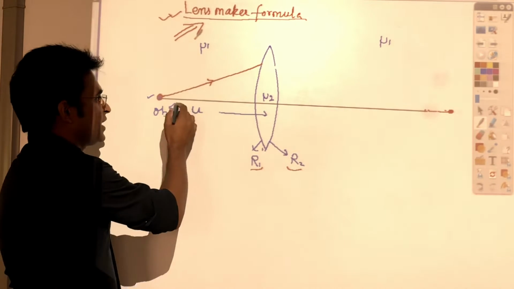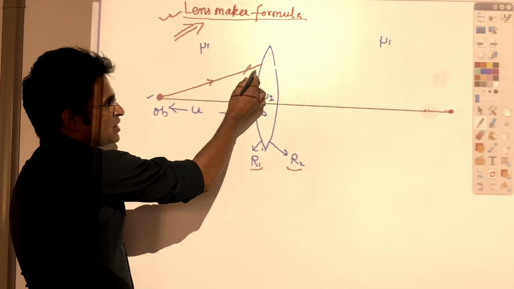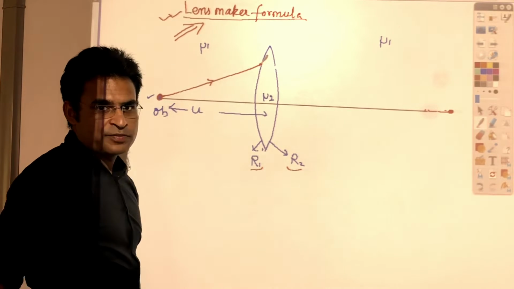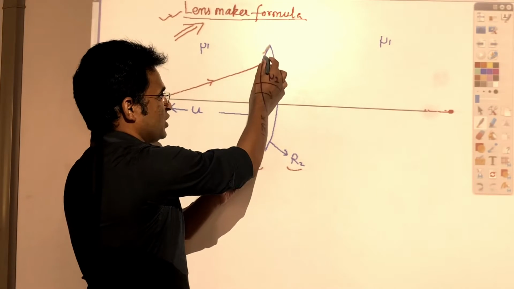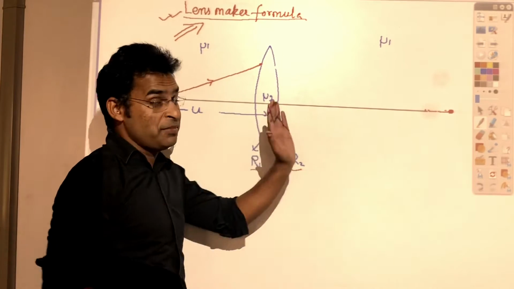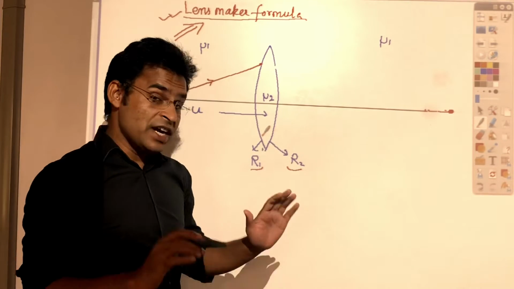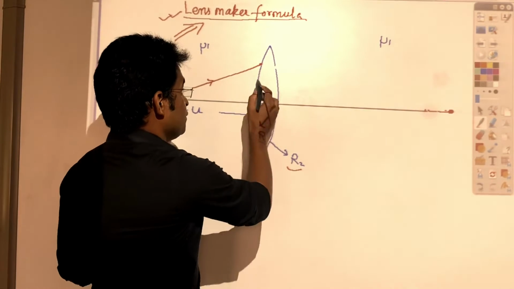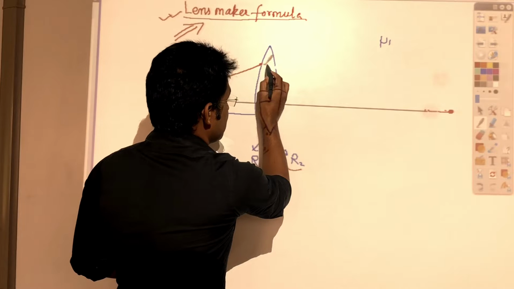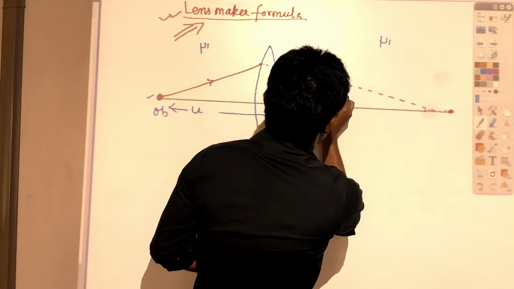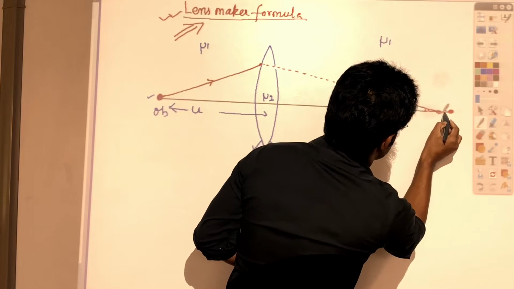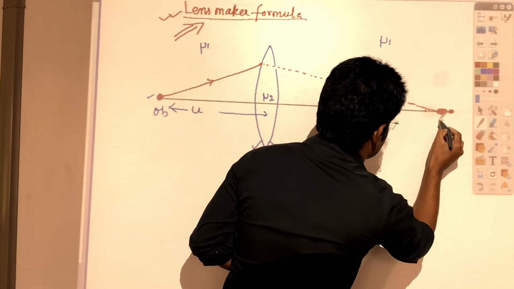If we see the ray diagram, this ray striking the first surface will bend towards the normal, meaning due to the first refraction, the refraction on this surface, one image will form somewhere. Where will that image form? Using the ray diagram we can find that the image will form somewhere here, intersecting the principal axis. So the image will form at this point. This is the image position.